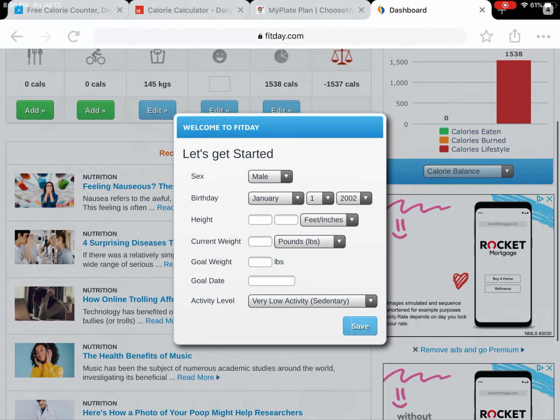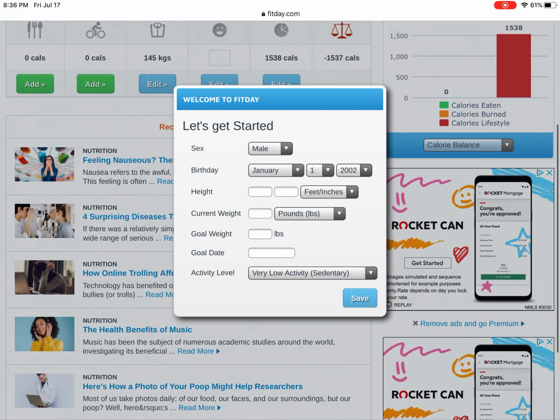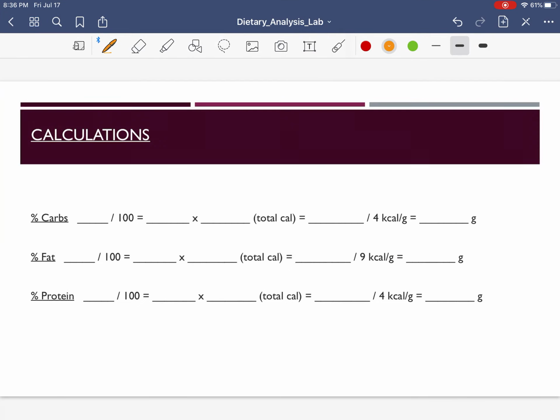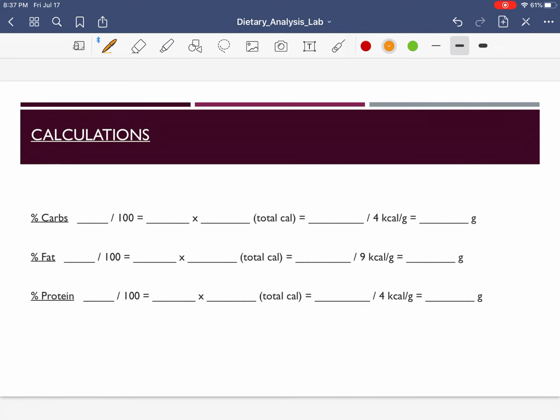If you look in the back here, it says calorie budget. See, right underneath the fitday.com website, calorie budget. It says 1538. So based on this, 1,538 is what I would put on my sheet there. 1,538. And you're going to have to do this again. 1,538 for all of them, the same. So you're going to use the same percentages for all of them